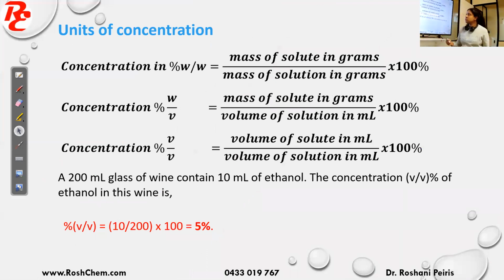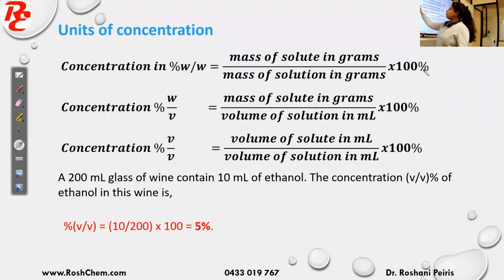Okay, we can also express the concentration as a percentage. So we will go through these three equations. So first one, concentration in percentage, W to W, which is also called weight to weight percent. Weight to weight percent is the mass of solute in grams divided by the mass of solution also in grams, times by 100. So this is how you find the concentration in weight to weight. You need to have mass units here. The solute has to be in mass, the mass of the solute in grams divided by the mass of solution also in grams. Then because it's a percentage, I multiply by 100.